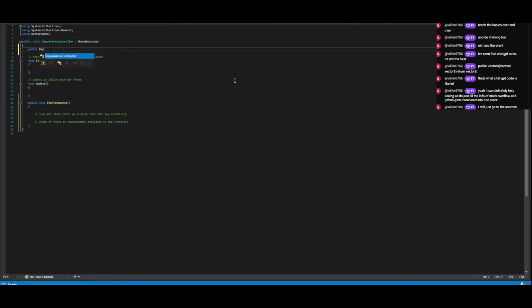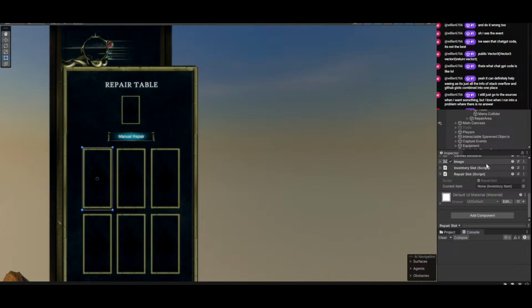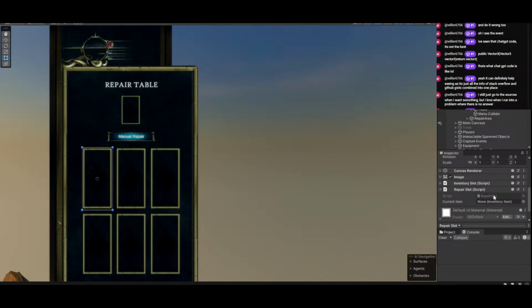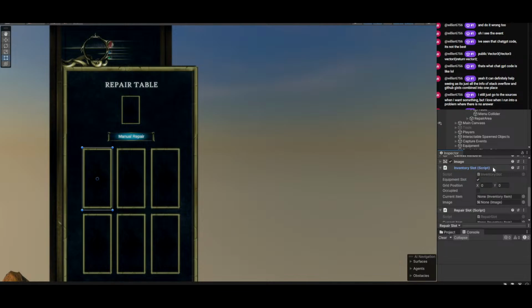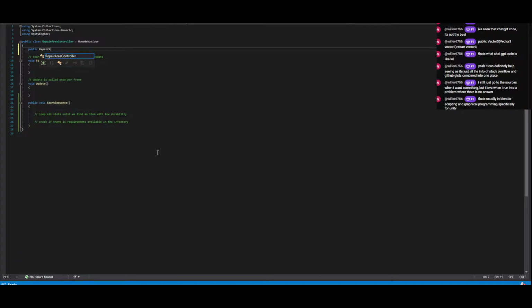Not repair slots, but repair slot, not inventory slot. Repair slot. Okay, repair slots. Let's just call it slot. And then